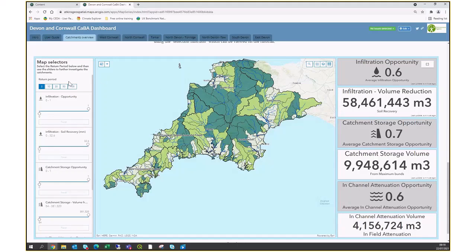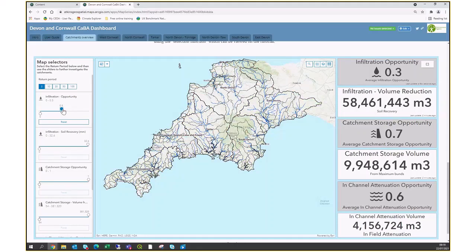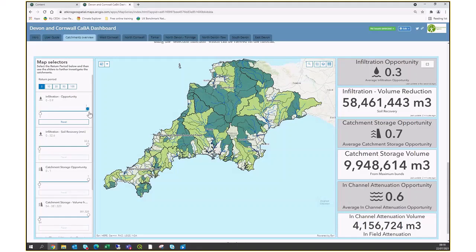And on the left-hand side here are sliders, so you can change what is viewable on the map. So if you are only interested in the very top opportunity, you could select only the top opportunity, or vice versa. You could look at the lower opportunities if you wished, and it changes what is viewable on the map. The indicators here are linked to what is currently viewable. So if you changed to only look at the top